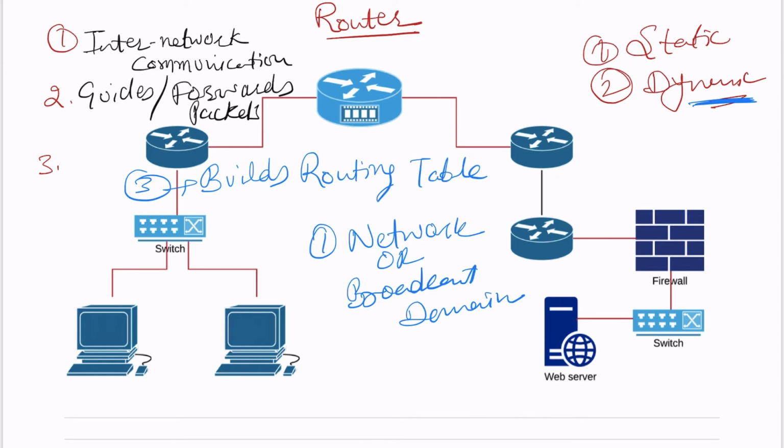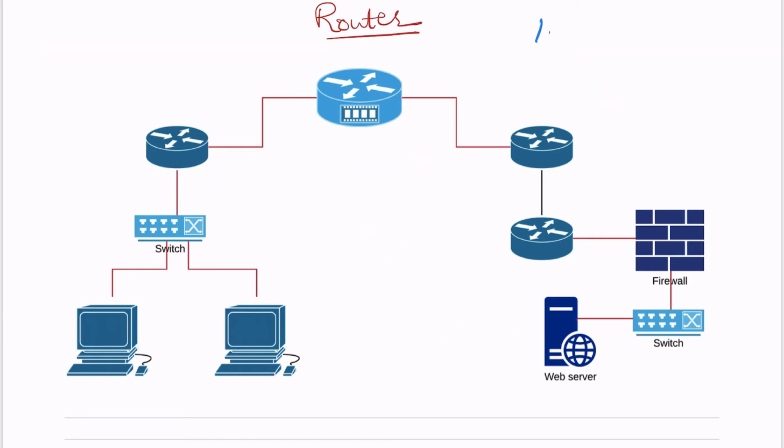Now let me tell you what types of interfaces you will find on these routers. First will be the console port. This console port is used for configuring the router, because you need to configure it, only then it will work. Initially there will not be IP addresses configured. You have to do it. You connect a console cable to this console port, and the other end goes to your PC. You log in to the router and verify the IOS, the internetworking operating system.